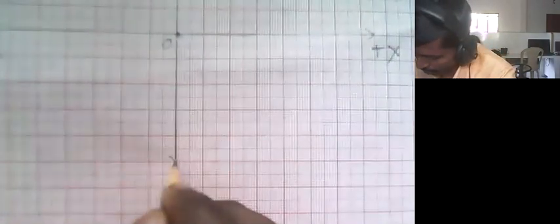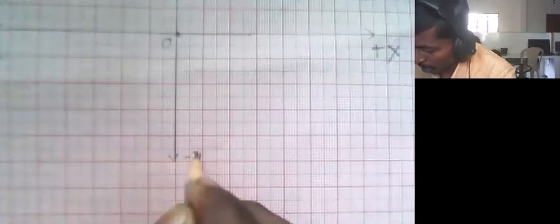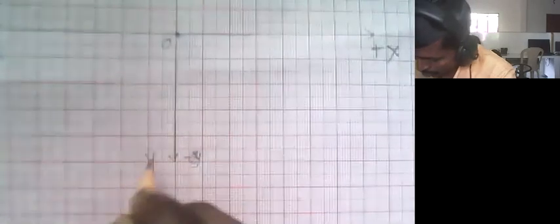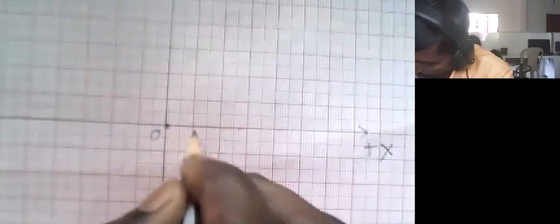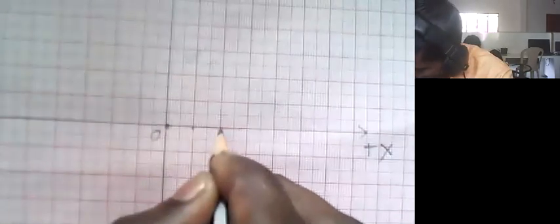And from the origin I'm going like this. This becomes plus y-axis, meaning above the origin, above the point O. And below the origin it is minus y-axis, or you can write y dash also. Here y dash or here x dash, no problem.